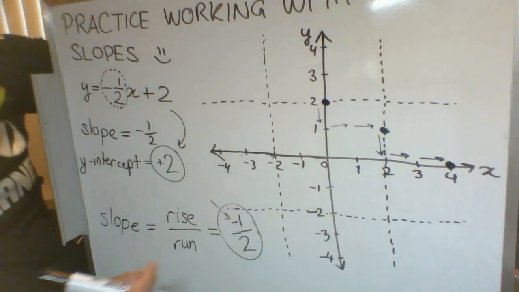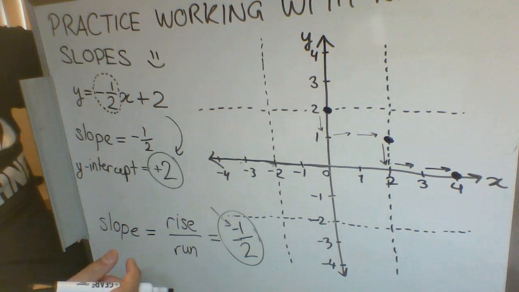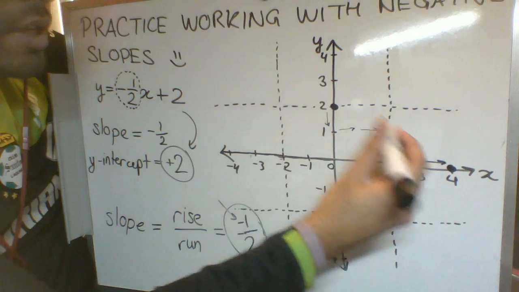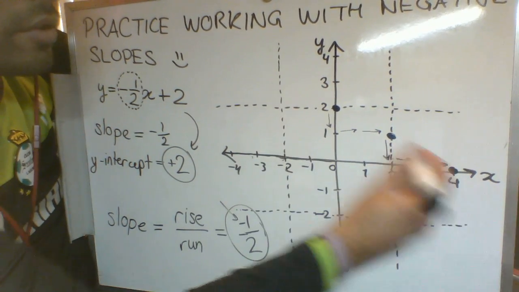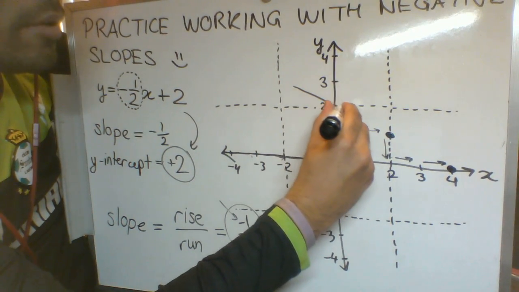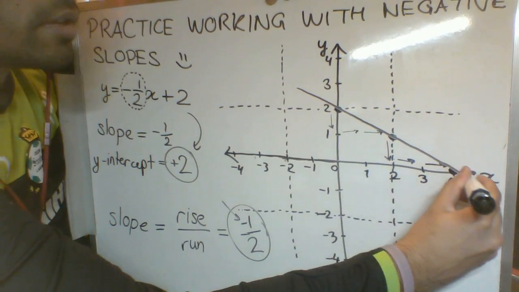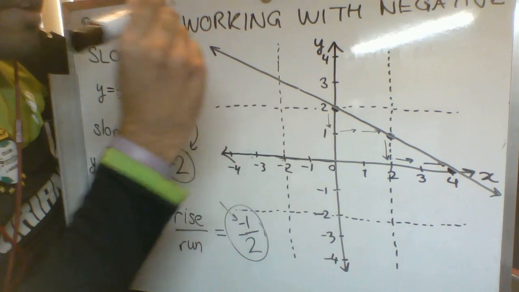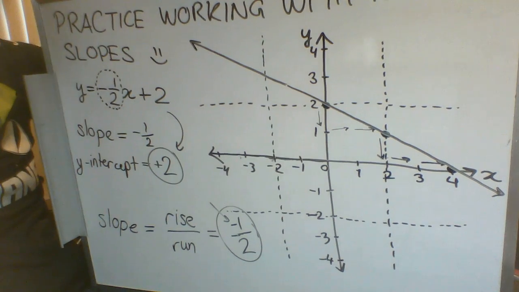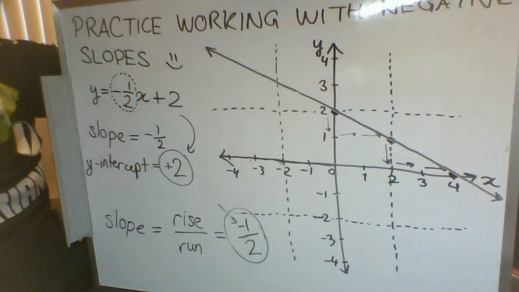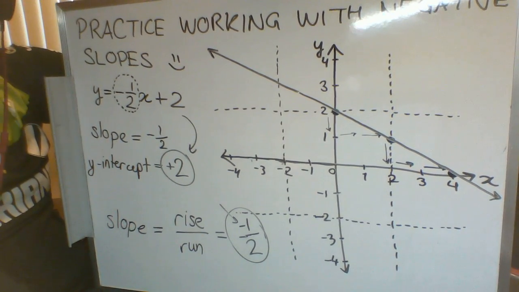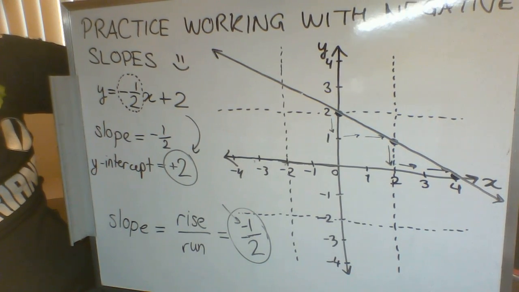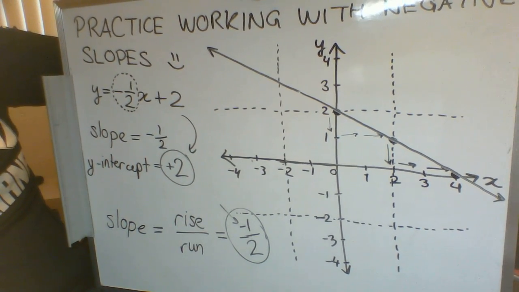put a dot right there, and we can see definitely that these dots are lining up, so let's try and connect those. If you've got a ruler, please use it. I'm going to have to do this. I can't really see where I'm going with this, but I think something like that should do. That line might be slightly curved, but I think you get a general idea of what we're trying to draw here. So there would be an example of a line with a slope of -1/2